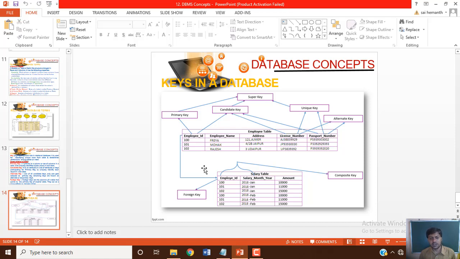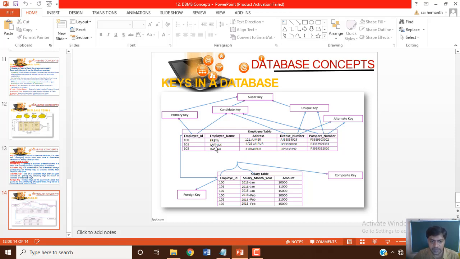Degree is the total number of attributes in that relation or table. Cardinality is the total number of records or tuples or rows in that table.